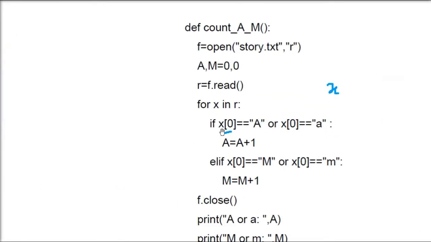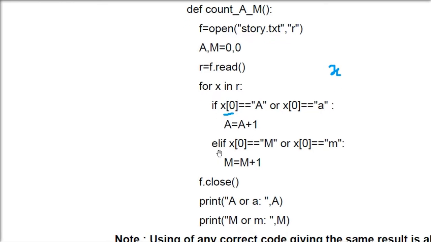One more important thing is that this X equals A. So this is very important. Let me reiterate again. Capital A, small a, which we just saw in the last question, we have seen capital ME and small me, the answer changes. So we have to check for capital A or small a. The question is saying, wherever this A is coming, do this. It is not saying capital or small. So you have to check for both. M also, capital M, small m. So you have to check for both.